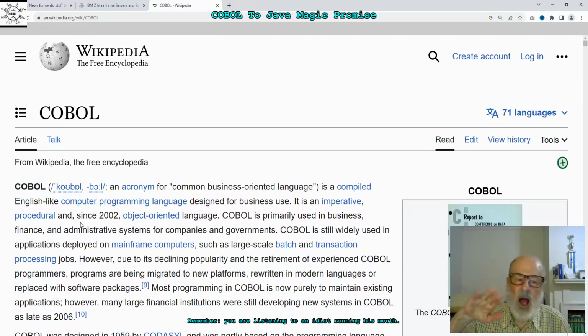COBOL, acronym for Common Business-Oriented Language, right? COBOL is a compiled English-like computer programming language designed for business use, like business records. It's an imperative, procedural, and simple object-oriented language used primarily in business, finance, and administrative systems for governments and companies. COBOL is still widely used in applications deployed on mainframe computers, such as large-scale batch and transaction. Okay,